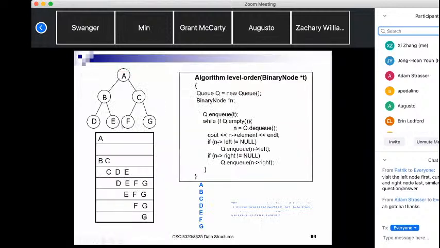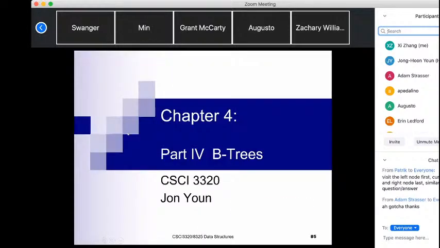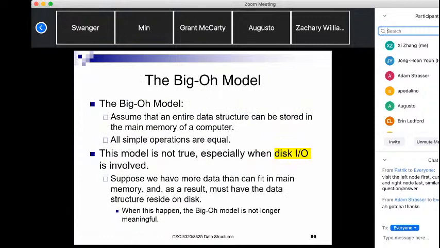Okay, so we will do a B-tree discussion. And B-tree is a slightly different model. With B-tree here, we try to minimize the number of disk I/O operations. Up to this point, we assume every primitive operation takes the same amount of execution time. So we don't put any weight on some specific operation. However, here